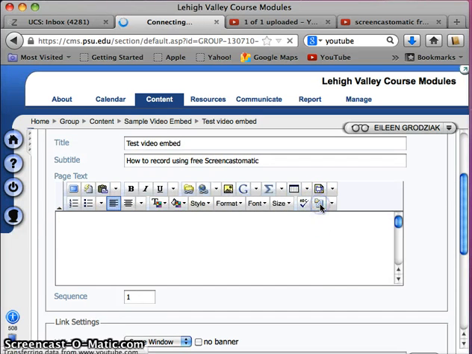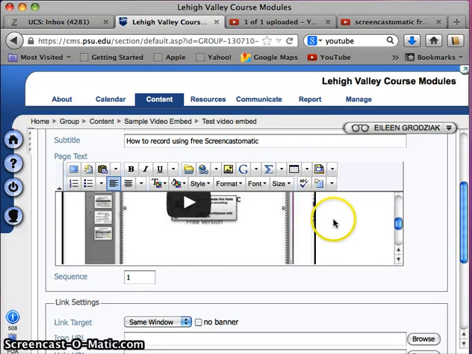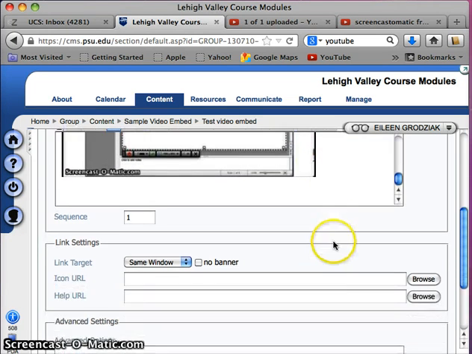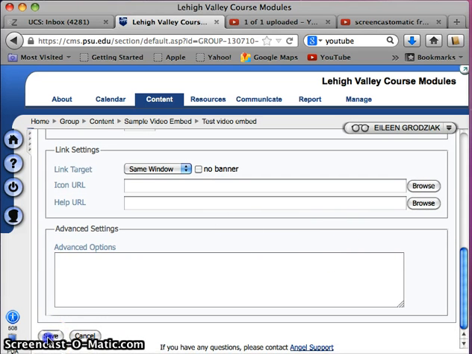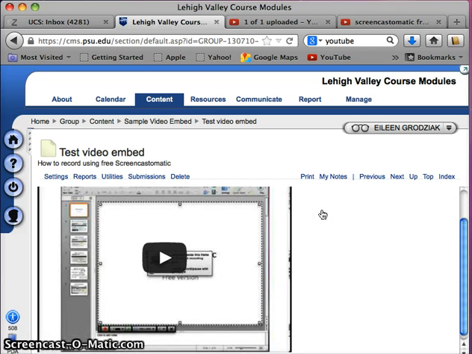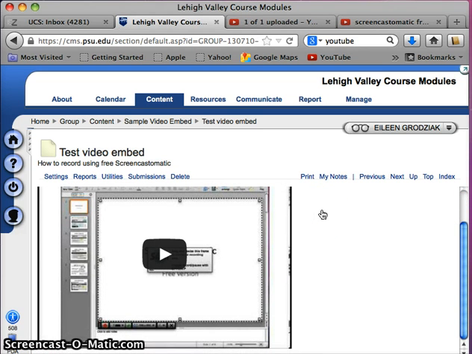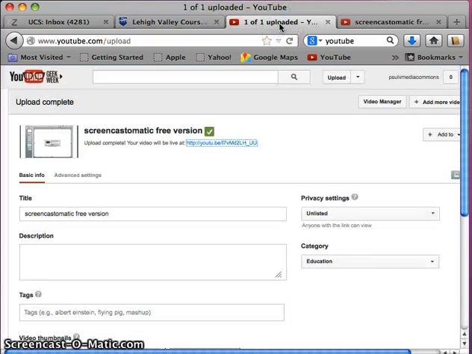Select the source again, and you'll see that it's actually displaying already. And then go down and select Save. And you'll see that the video plays right within the Angel window. I find this is a really good way to provide content for students. Okay, now we're going to go back to YouTube,